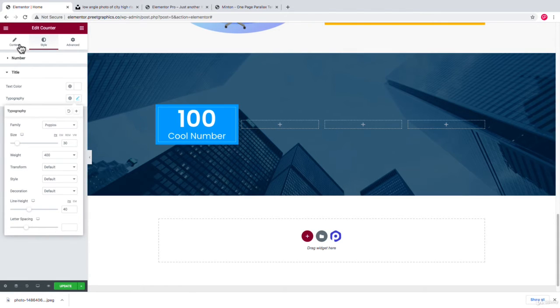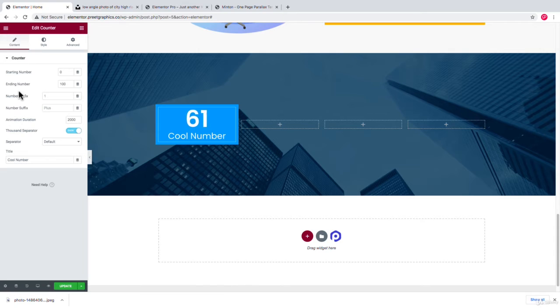Okay, and now in the content you can see you have starting number and you have ending number. Suppose I choose the ending number to 1000, and now this number ends at 1000. And you can also have a number prefix, for example, if I change this one to 100, this will do something like this.